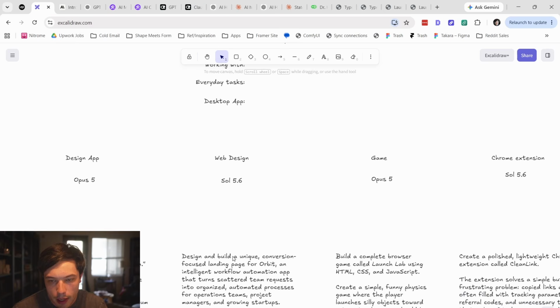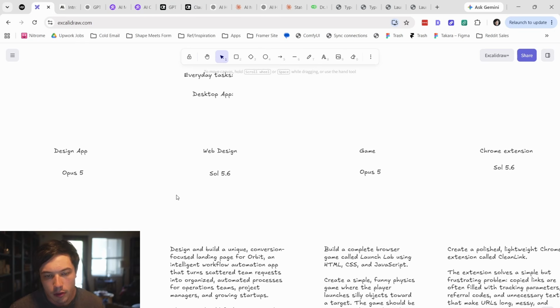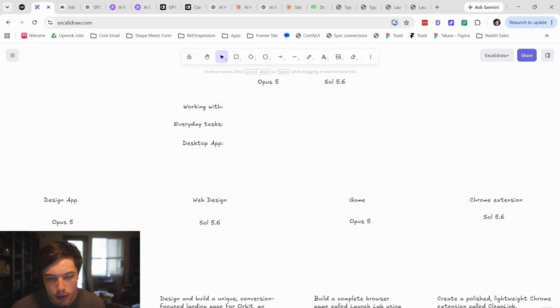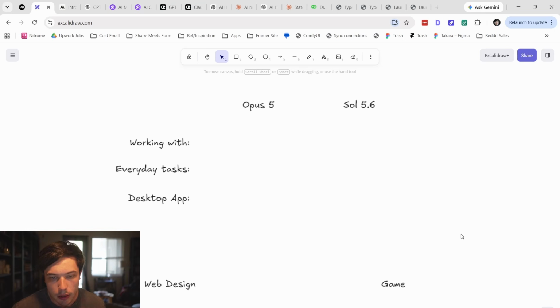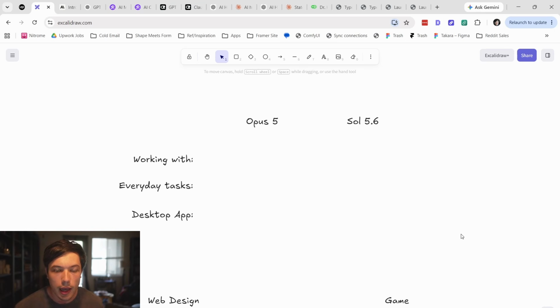Now, in terms of the overall results, this looks like it would be a tie. Opus did better at the app design, ChatGPT did better at the web design, and across the board, they're all just even. But what is it like to actually work with these AI models? I think one thing that ChatGPT just does better is the